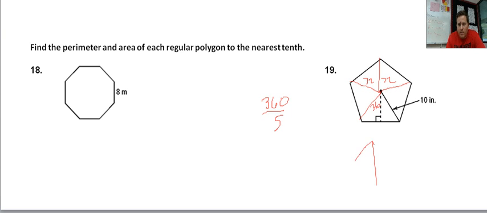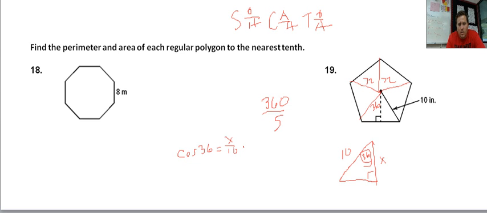So we have a triangle that we have right here. Here's a right triangle. This is 36, and we were told that the radius was 10. So let's find the apothem first. So I have my SOHCAHTOA. I can write it out again. SOHCAHTOA. Okay. So we have right here, if I have adjacent and hypotenuse, I'm using cosine. So I'm going to do cosine 36 equals adjacent x over 10. Multiply both sides by 10. And I'm putting this 10 cosine 36,